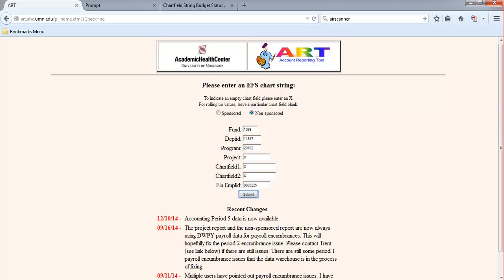After you have entered your chart string, carefully review the information that has been entered prior to hitting submit. This is important because the X in fields will prevent data from being pulled through, while leaving fields blank will result in roll-up information being pulled through. For example,